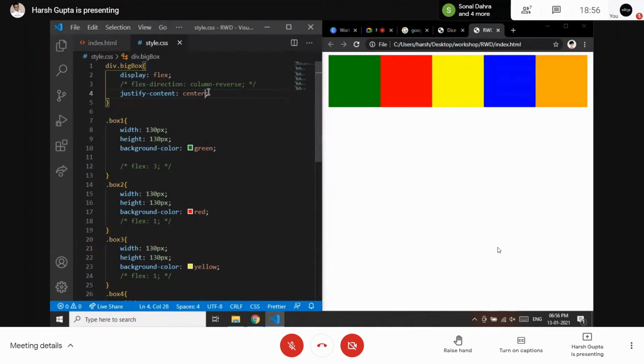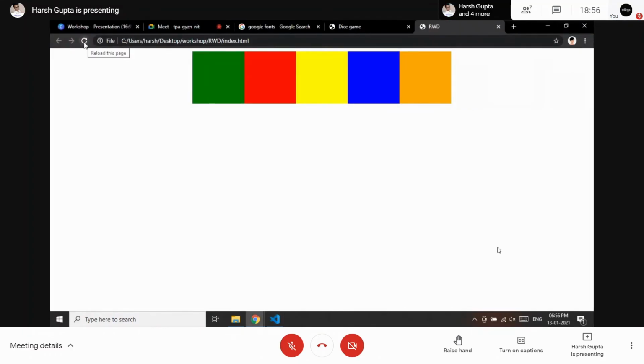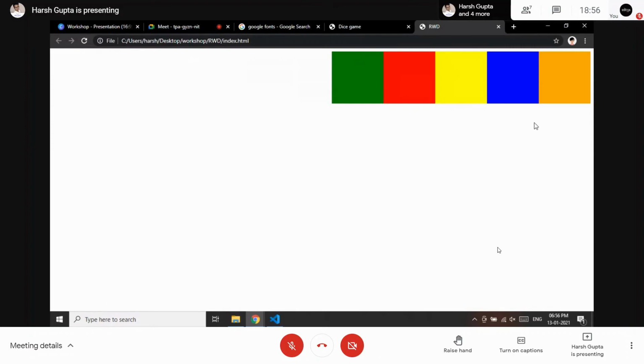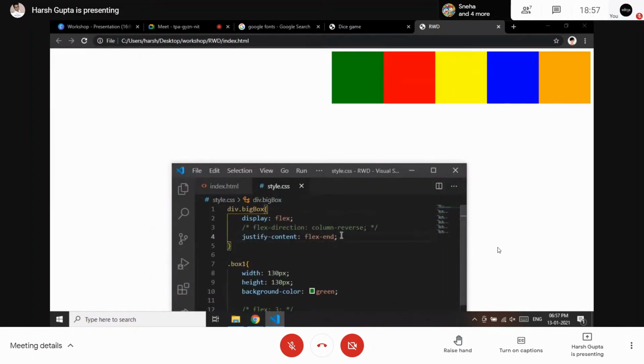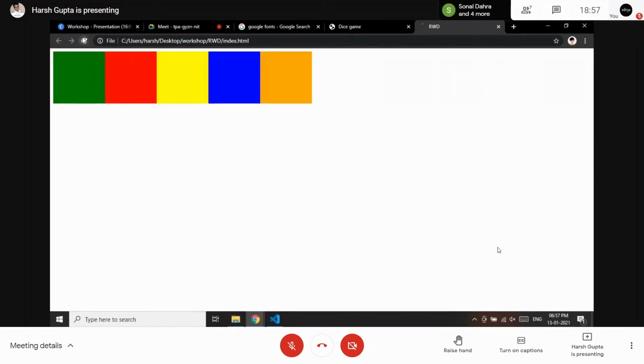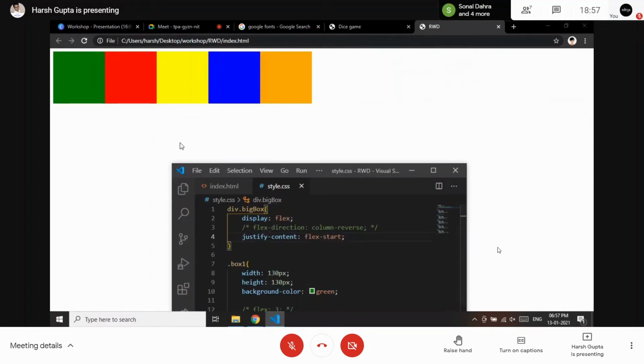We have another attribute which is called flex end. If I save this and open it again and refresh, this is coming from the end. If I remove this and give it start and refresh, now you can see it starts from the start.